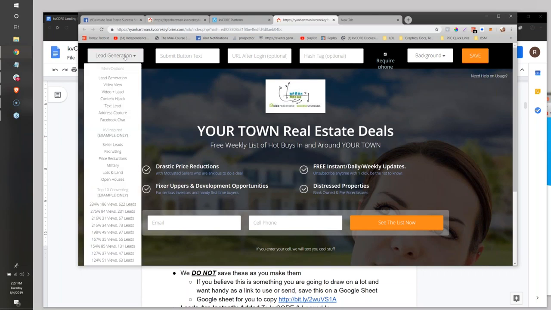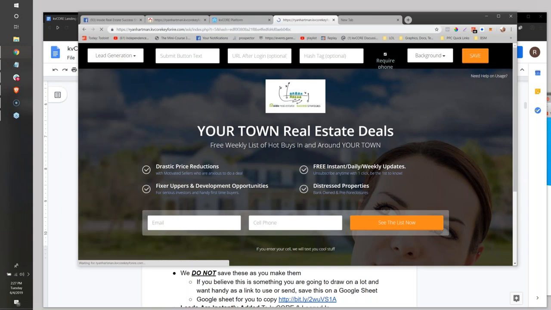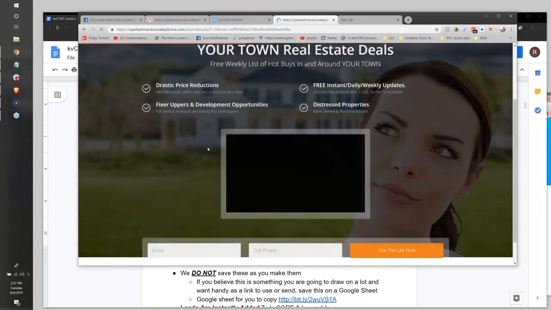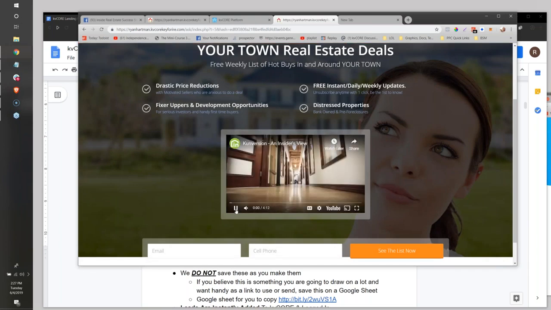On the top left, this is like your menu of different types of landing pages, examples, and results. So this top section is going to be your different templates. The two most commonly used are the lead gen and video and lead. So they're both basically the same, except one has video added to it. Yeah. And then as you work down the middle of that drop down,